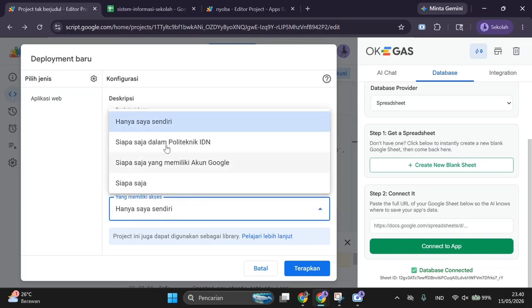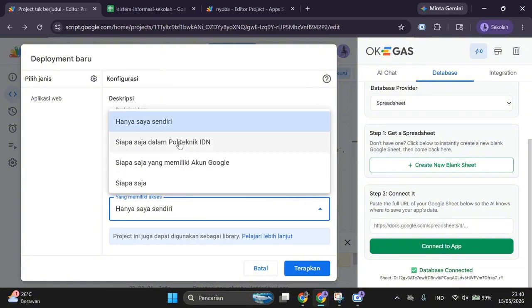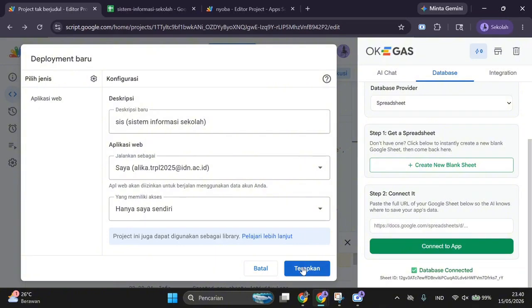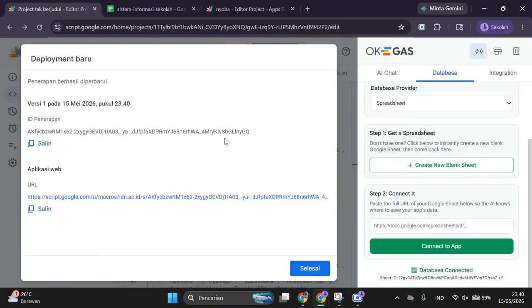3. Since this is the very first time our script is attempting to interface with an external Google service, Google will automatically prompt you with a security pop-up asking for authorization. Don't worry, it's completely normal.